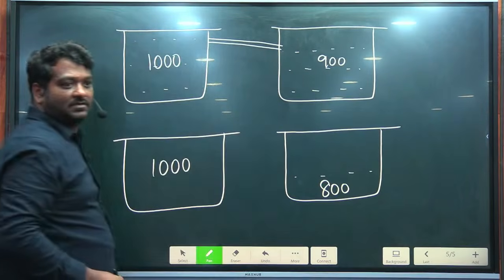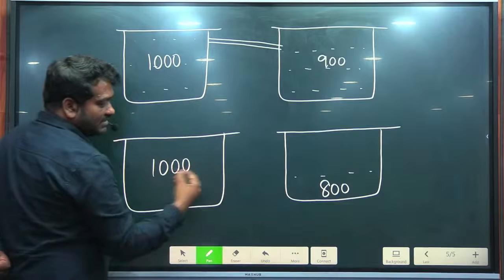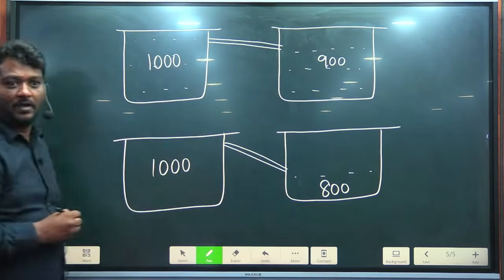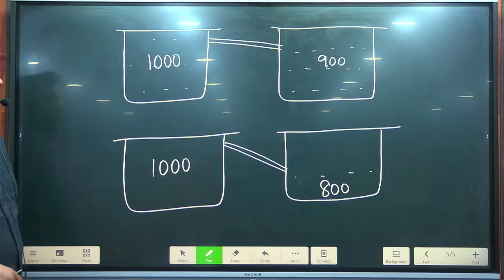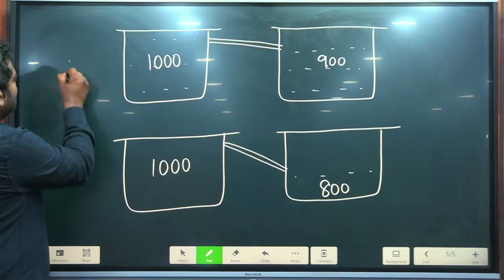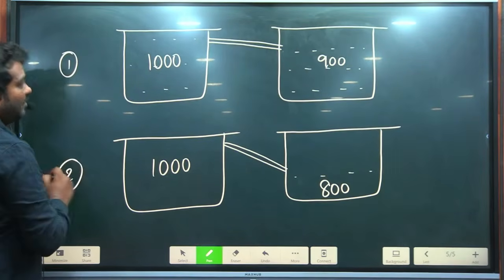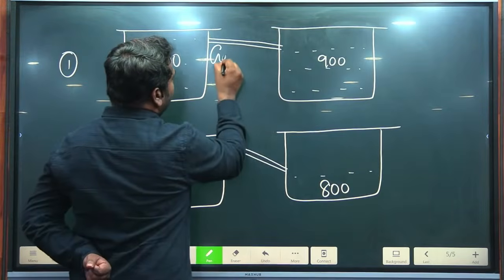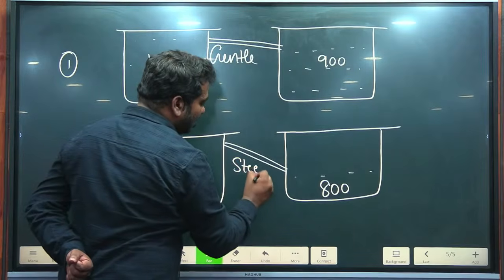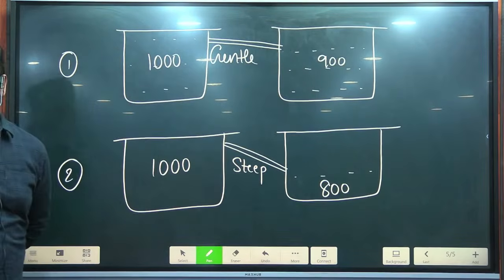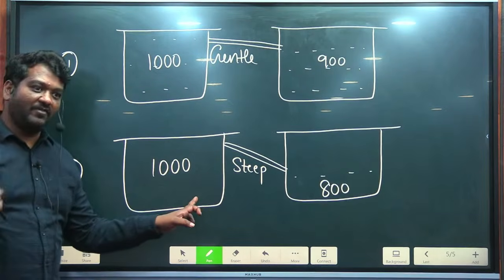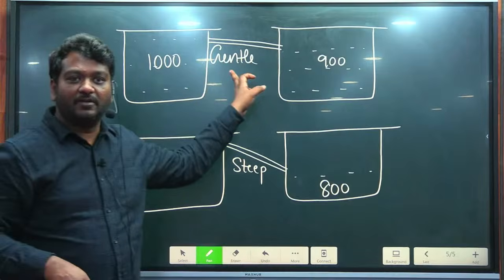Slope will be like this. Here how much is the difference? Slope will be like this. Okay. Now you tell which is gentle gradient, which is steep gradient. The first case or second case? What is first case? Gentle gradient. Good. What is this? Steep gradient. Can you tell me guys, where will it be faster, where will it be slower? Steep gradient will be faster, gentle gradient will be slower.